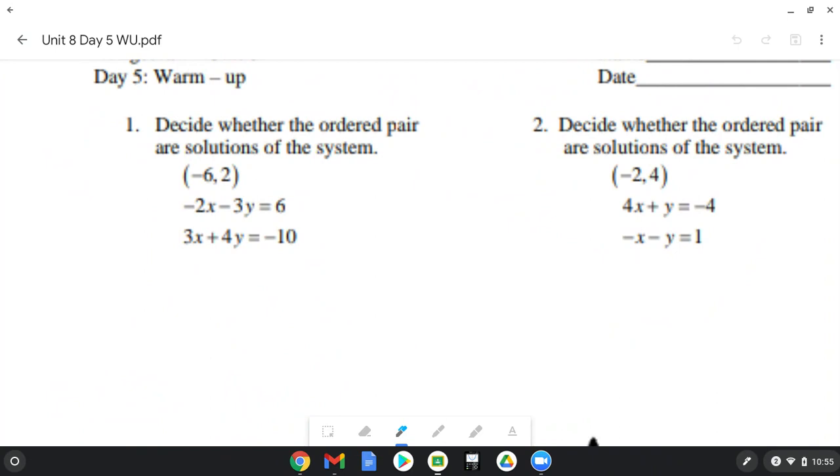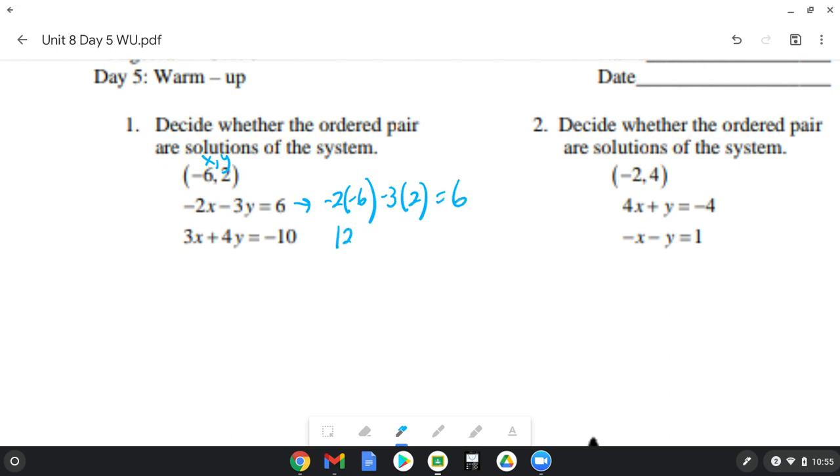So remember, an ordered pair is x comma y. That means we're going to plug in the -6 for x whenever we see an x and a 2 for the y. It has to make the top and the bottom equation true in order for it to be yes, it is a solution. If it only makes one of the two or doesn't make either of the two equations, then the answer is no. So if we plug in our -6 for x and our 2 for y,